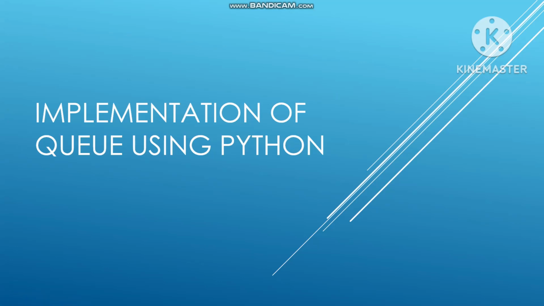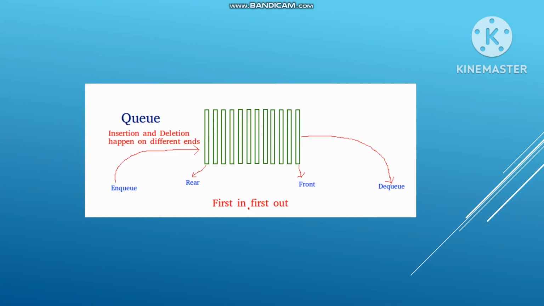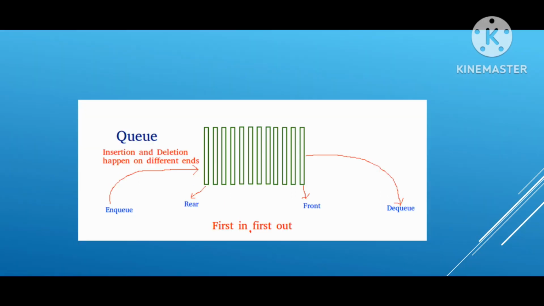In this video we are going to learn how to implement a queue using Python. So first of all, let's see what a queue is. A queue is a linear data structure in which the elements which are inserted first will come out first. For example, a ticketing line. When you go to buy a ticket, the person who goes to buy the ticket first comes out of the